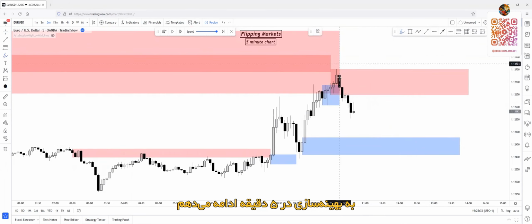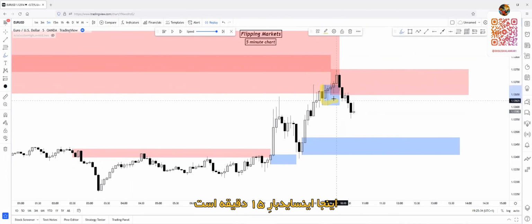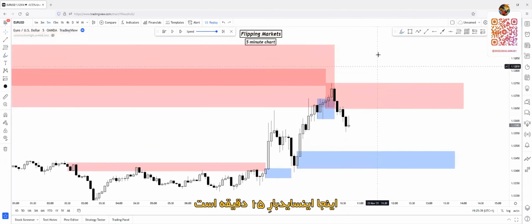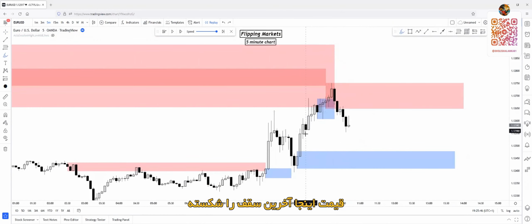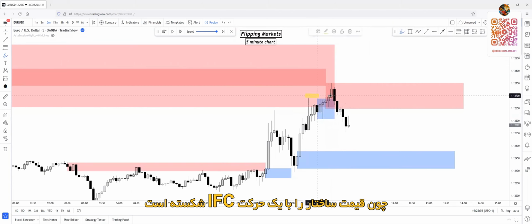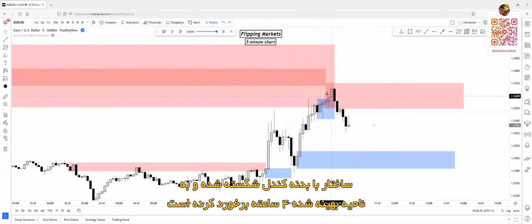Refine this 5-minute zone. And as you can see, here's the inside bar. Here's the 15-minute inside bar. And actually price changed character on this zone, because as you can see, price actually broke this last high point. This was the last high point, and the break of structure came into the market from this wick or this candle, because price broke the structure to the upside with inefficient push. Here's an inefficiency, as you can see, and it body broke above and tapped this last supply zone, the